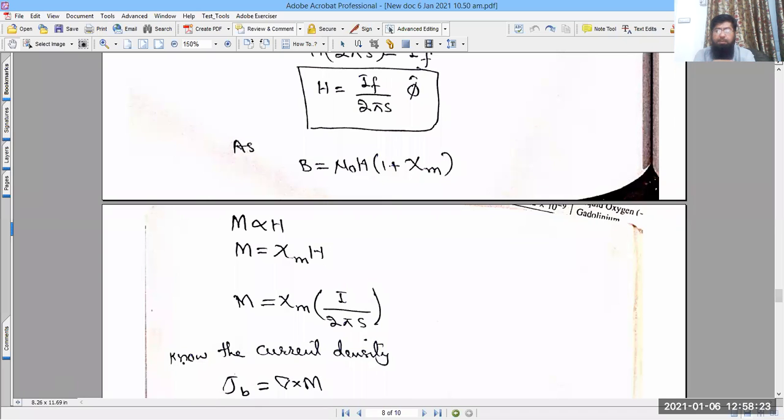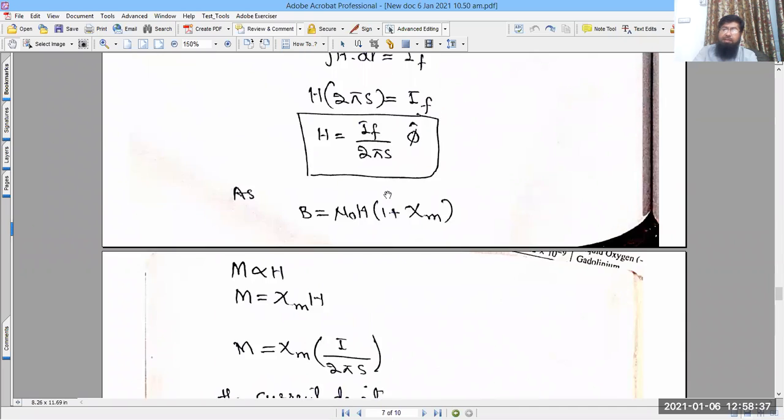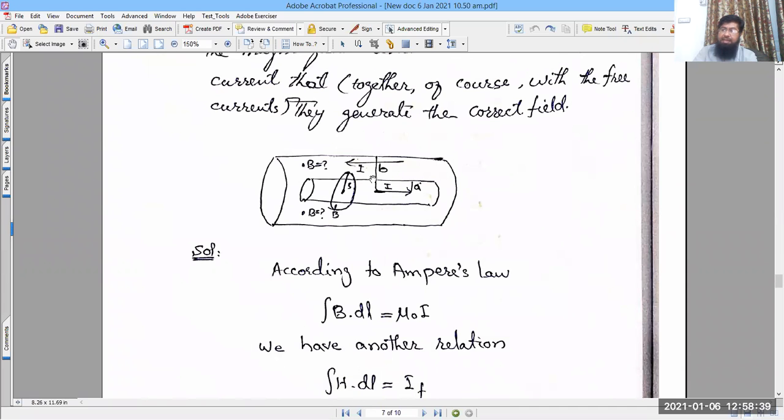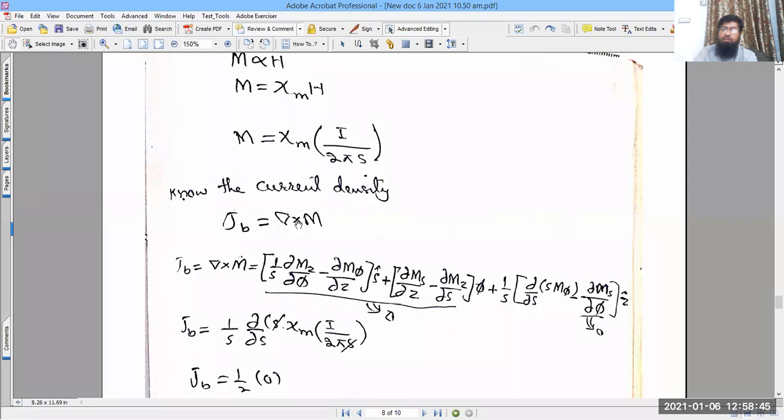तो यहां पे आप ये देखें, हमने सबसे पहले ये जो इक्वेशन है ये हमने मालूम की है मैग्नेटाइजेशन. अब मैग्नेटाइजेशन से हमने क्या है कि J ऑफ B जो है वो कर्ल ऑफ M है. क्लियर? अब कर्ल ऑफ एम यहाँ पे देखें, ये सिलेंड्रिकल सिमेट्री है, ये सिलेंडर है, दिस इज द सिलेंड्रिकल सिमेट्री। तो यहाँ पे हम इक्वेशन यूज कर रहे हैं कर्ल ऑफ एम इन द सिलेंडर, दिस क्लियर।